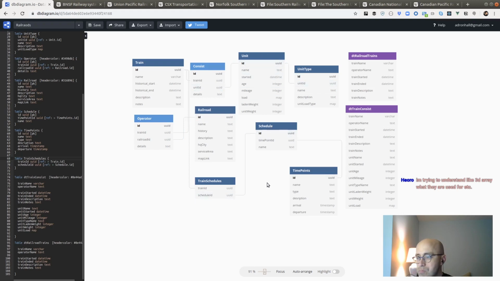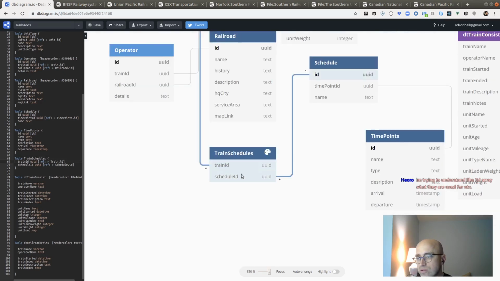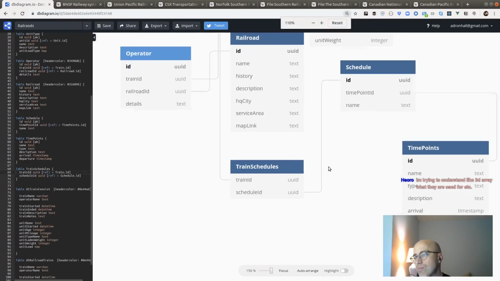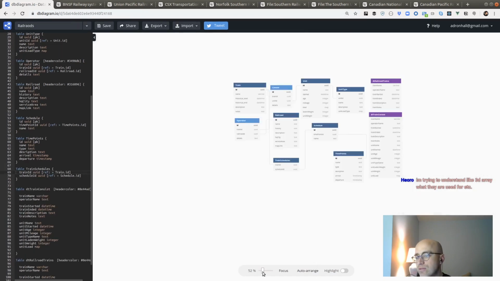Cool. I guess I could color code by section order. So this is schedules. Can I change this? How do I change this relationship? How do I force it? I guess I don't, right?